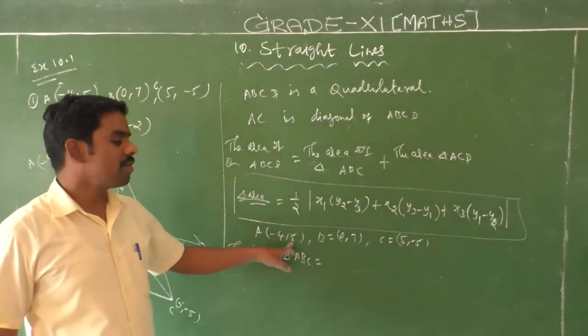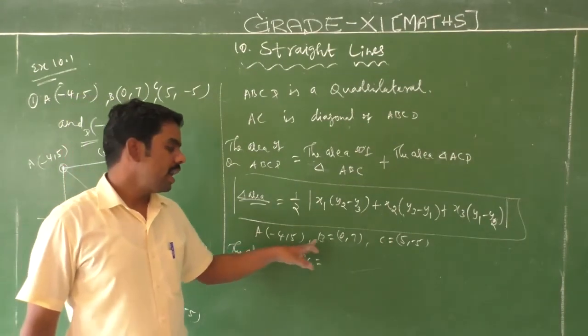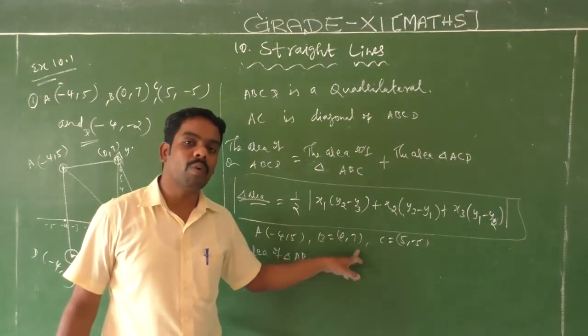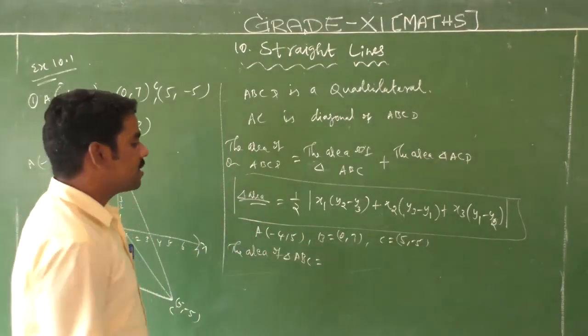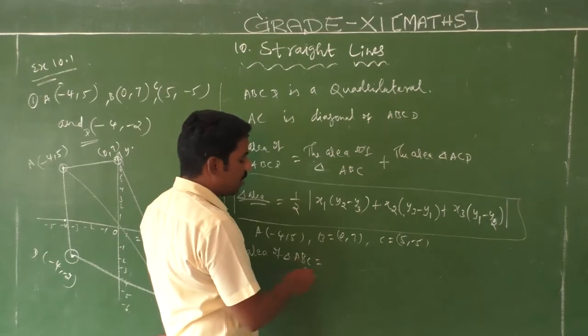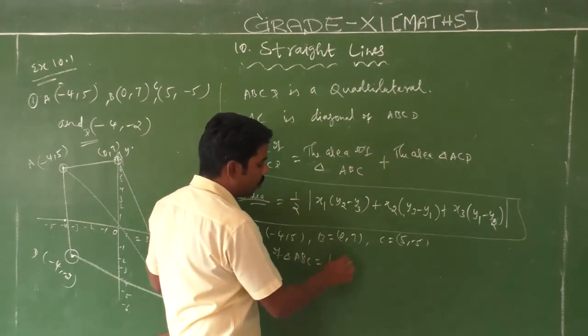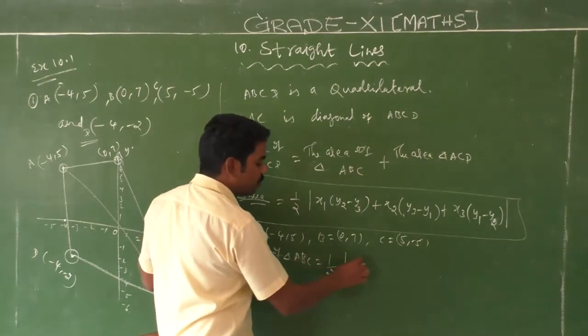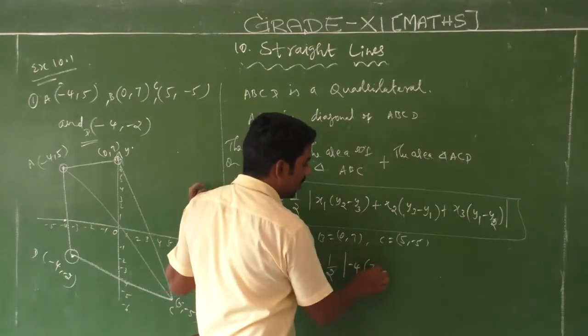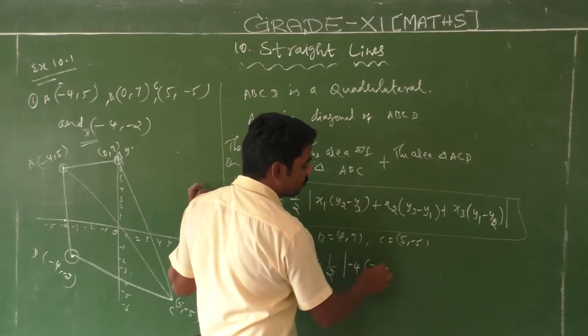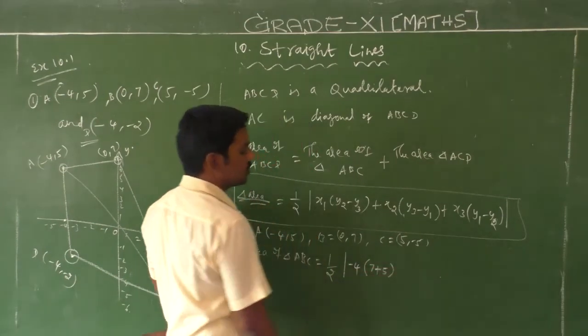So minus 4, 5 is x1, y1, and 0, 7 is x2, y2, and 5, minus 5 is x3, y3. Substitute into the formula. The area of triangle ABC is 1/2 of x1 which is minus 4, times y2 minus y3, that is 7 minus minus 5, so plus 5,